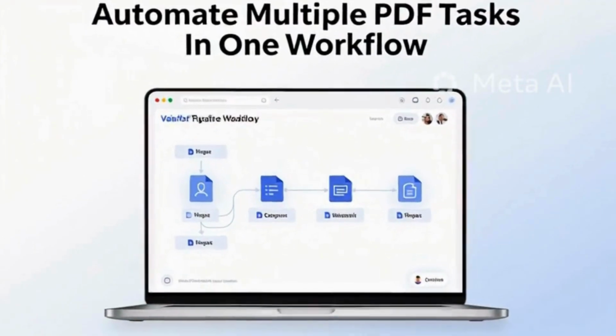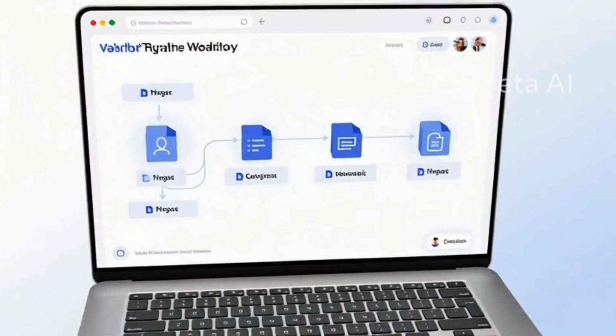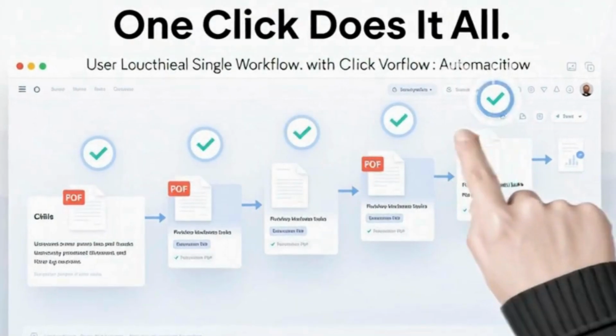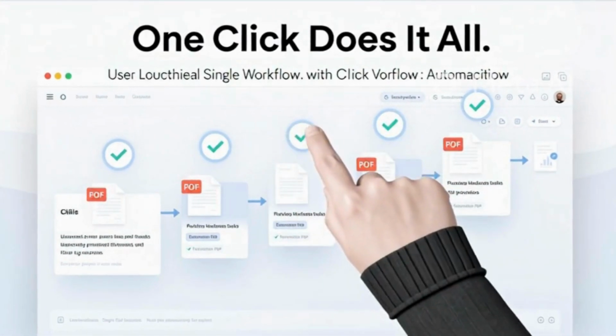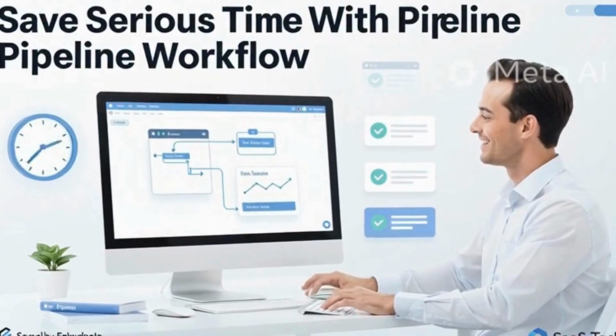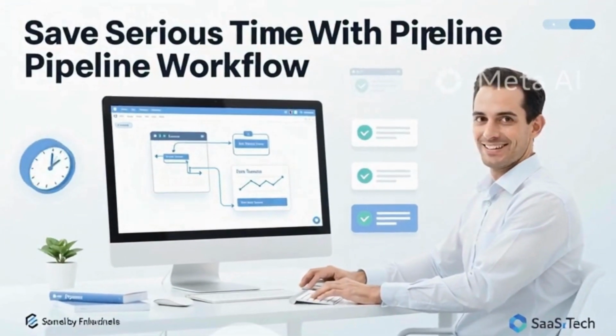Want to automate multiple PDF tasks in one single workflow? Imagine merging, compressing, watermarking, protecting, and processing your PDF files automatically, all in just a few clicks. That's exactly what VelaPDF's Pipeline Workflow tool lets you do. Stay with me, because by the end of this video, you'll know exactly how to set it up and start